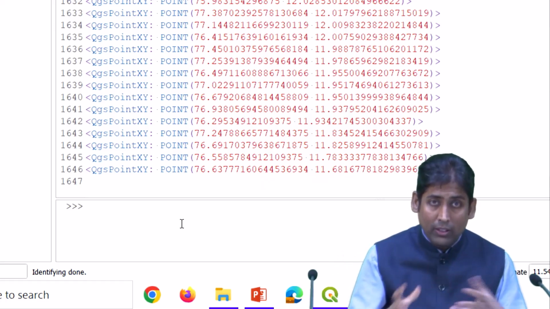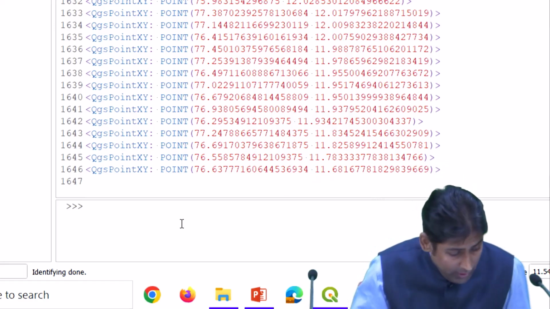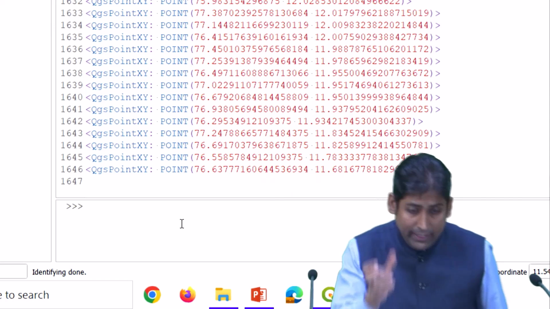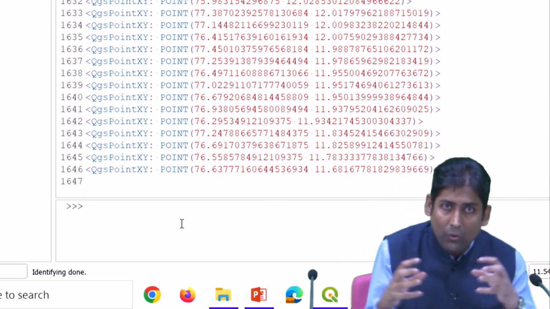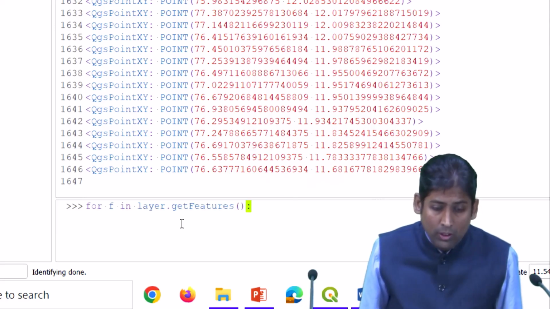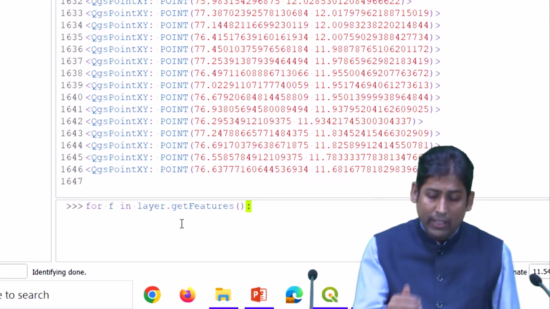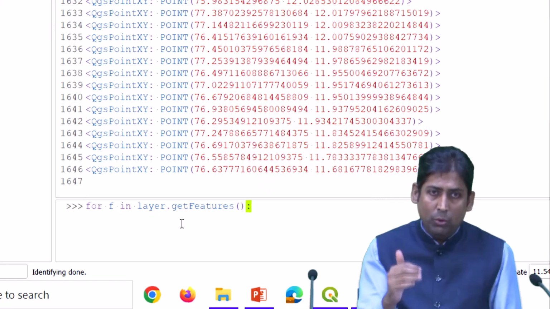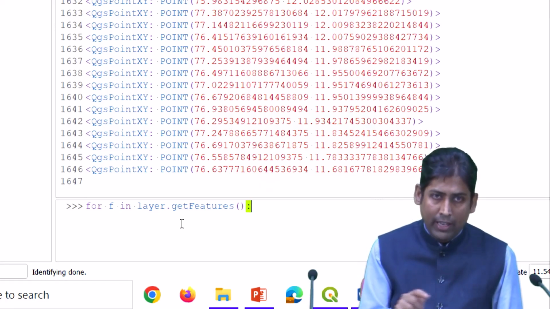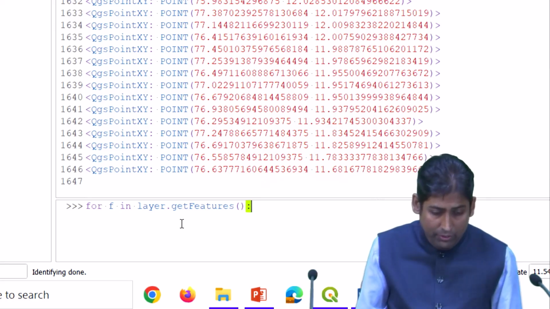So how can I do it through Python? First, let us see how we can get the name out, and then we will see how we can combine both. Same thing, we need to loop over all the features. So I'll again, using my arrow keys, go up 2 3 times to this line, for f in layer dot get features, and then I am going to say